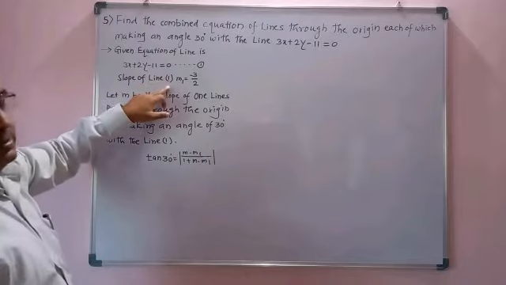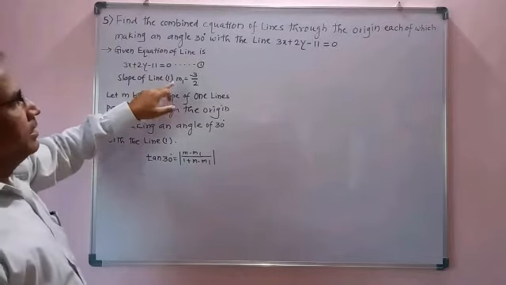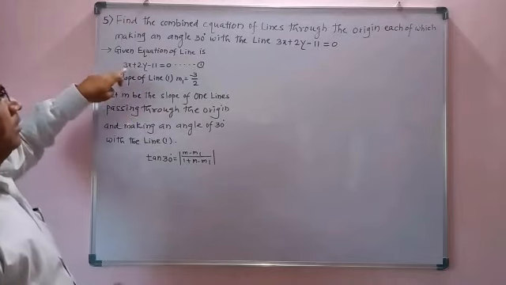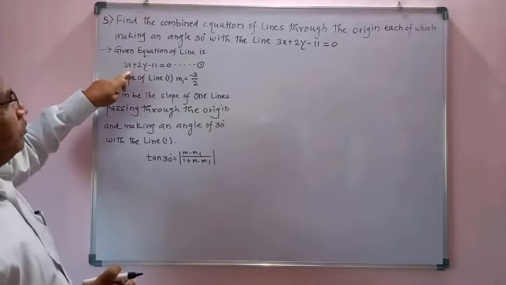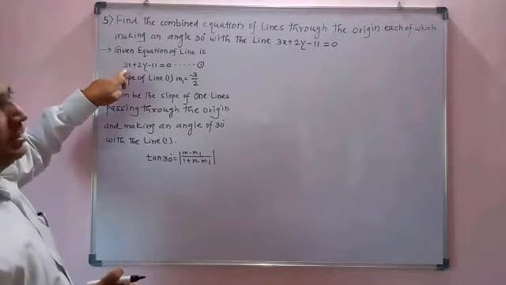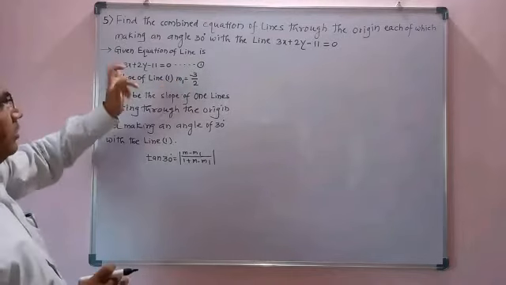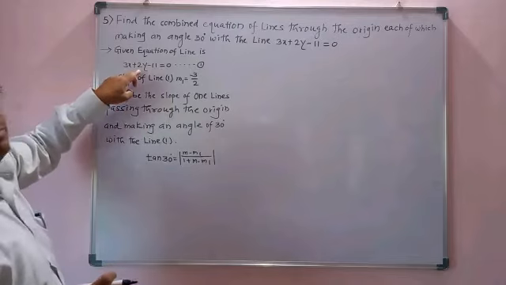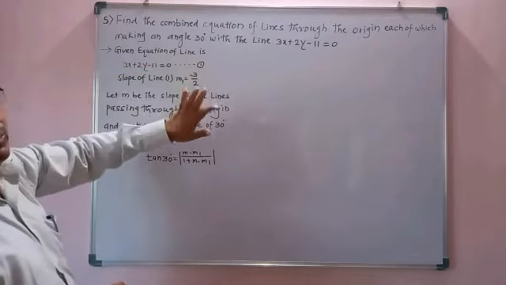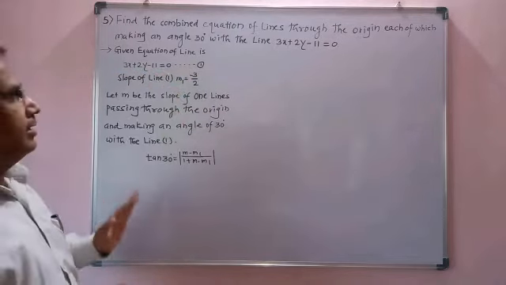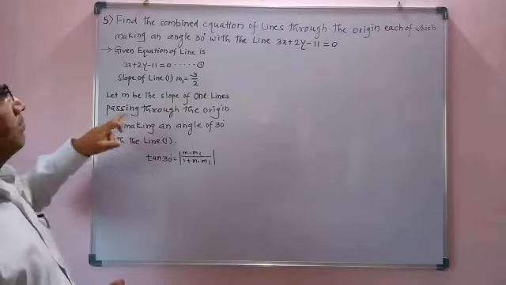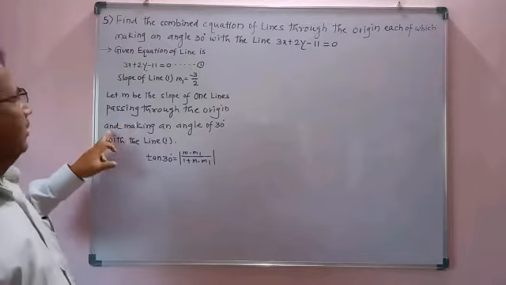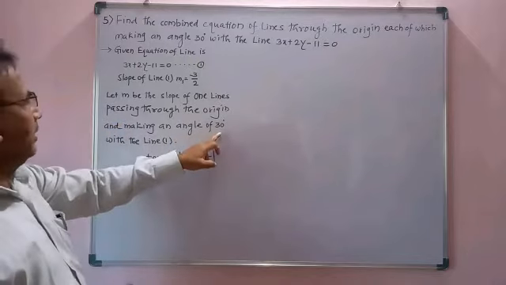The slope of line first, that is m1, equals minus coefficient of x divided by coefficient of y. The coefficient of x is 3, so minus 3 divided by the coefficient of y, which is 2. That is, the slope m1 is minus 3 by 2. Let m be the slope of one line passing through the origin and making an angle of 30 degrees with